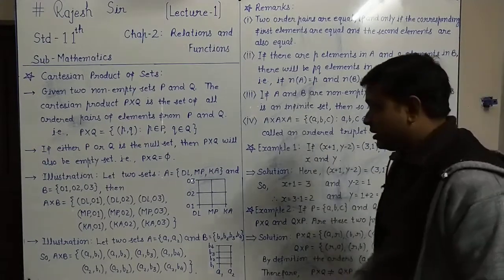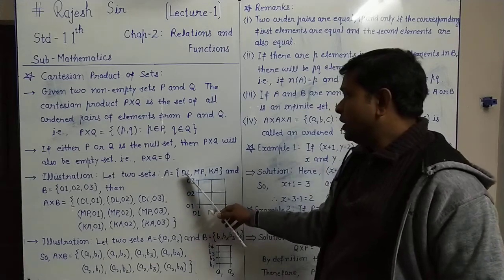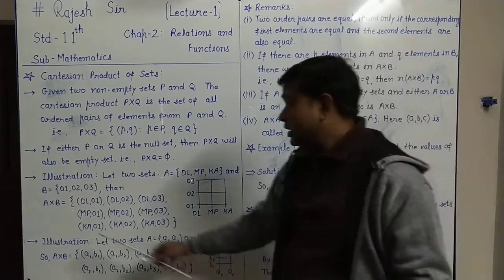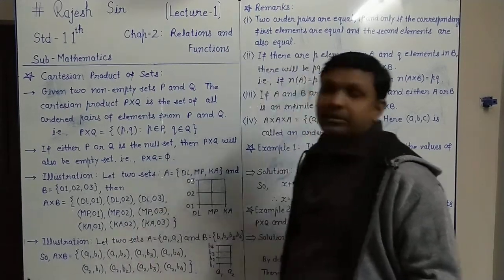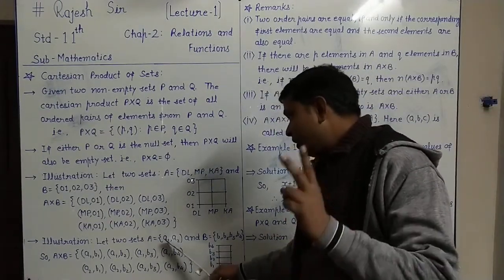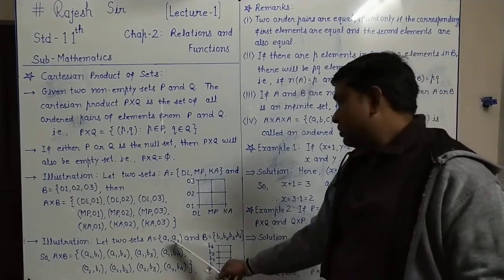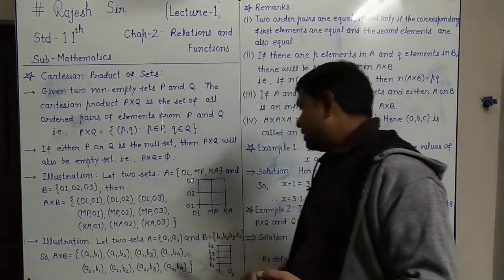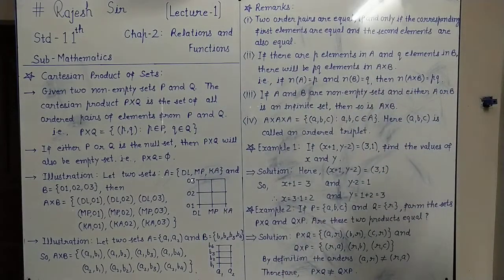Suppose here you can verify also. In the first illustration, how many elements do we have in A? 1, 2, 3. In B also 1, 2, 3. Three elements. So how many elements do we have in A cross B? 1, 2, 3, 4, 5, 6, 7, 8, 9. That means 3 threes are 9. Similarly, in the next illustration, in A we have a1, a2, 2 elements, and in B we have b1, b2, b3, b4, 4 elements. So in A cross B, how many do we have? 1, 2, 3, 4, 5, 6, 7, 8. That is 2 fours are 8 elements. This shows it. Right? That was the second remark.